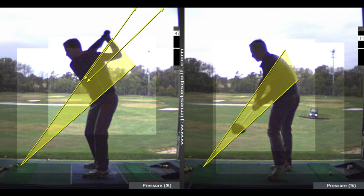I haven't really talked about that, but I want you to work on what I call disassociation. You know, turn one segment without turning the other. Your club has the farthest distance to travel in a circle, your hips only turn approximately half as much as your shoulders. So on the takeaway, I want you to restrict your lower body a little bit. If I had a piece of tubing tied around your trail knee, and I said, I'm going to pull your knee this way, I want you to activate your adductor and your inner thigh and keep your trail leg